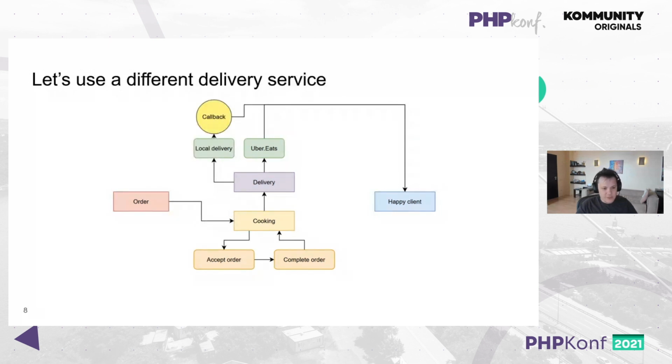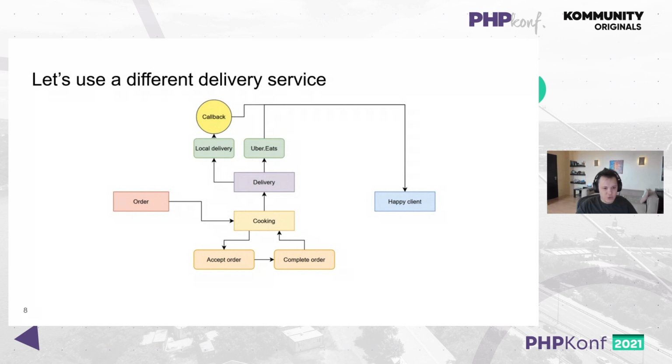Well, the problem was that Uber Eats is apparently not such a cheap service to deliver. So the management decided, okay, for this specific neighborhood, let's use a local service. They provide cheaper rates, but the problem is they actually don't use a classic API. Instead, they're going to send you data back via callback or webhook. Fine, we're just going to create a custom API endpoint, accept this webhook back to us, and just continue the